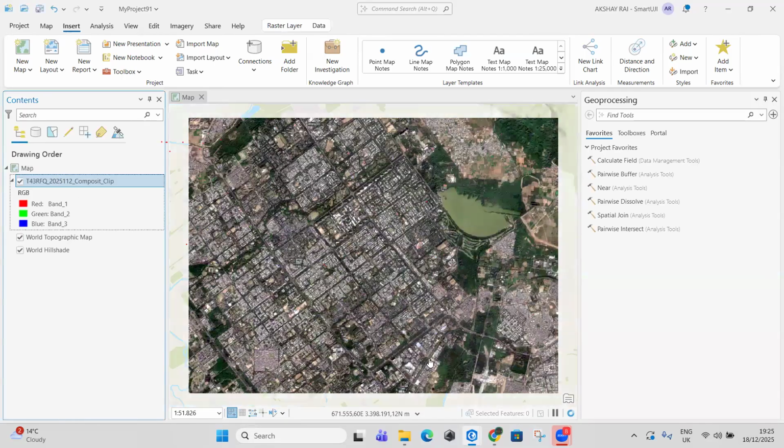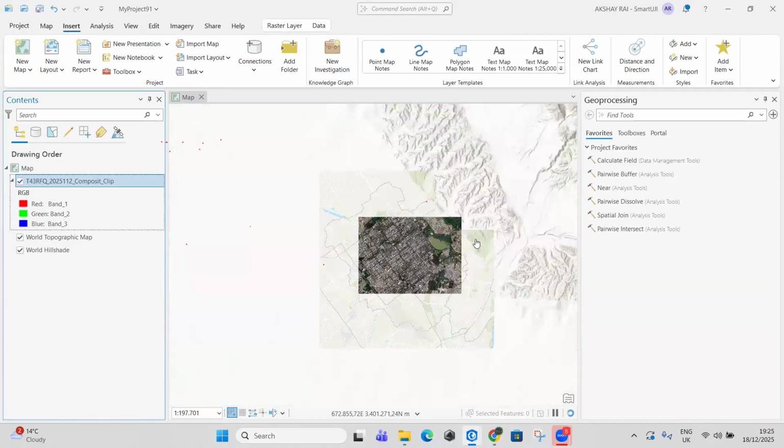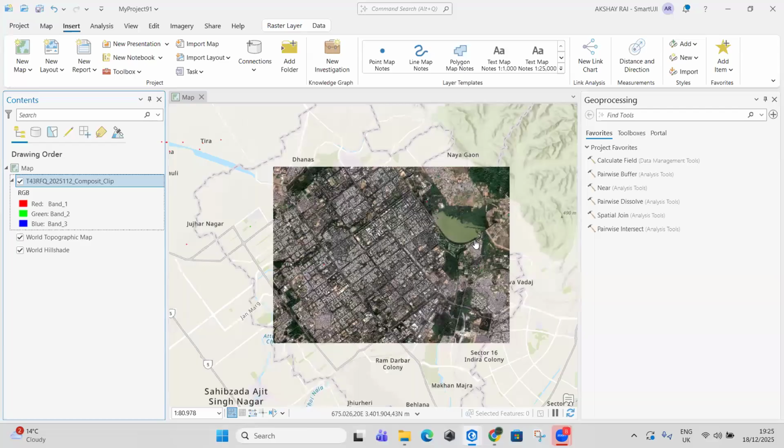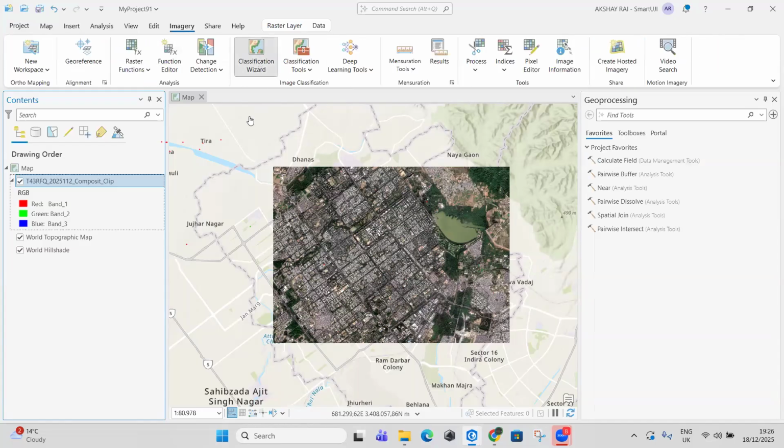So I have a true color image. If you remember, I created a composite of bands. You can also create a composite of bands as a false color image, that is FCC. So based on either a true color image or a false color image, you do the classification. So for example, if we are doing the supervised classification,